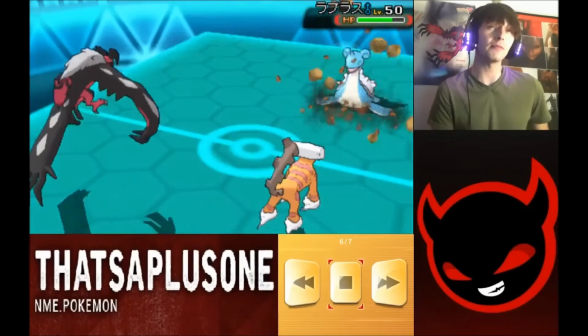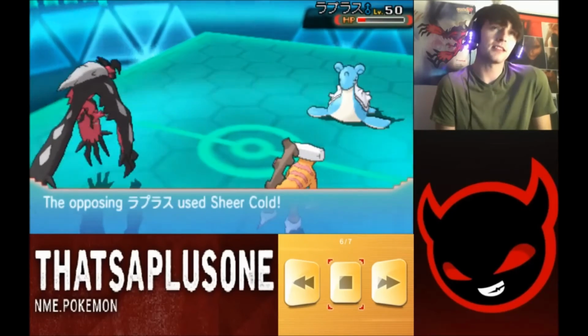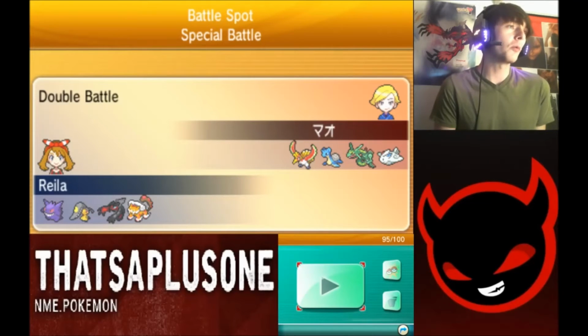Remember, I still have my Mawile in the back. I know we lost Gengar, but there's not really that much this guy can do at this point. He goes for a Sheer Cold because that would be the play for sure, and after that he's going to run. So, while this game